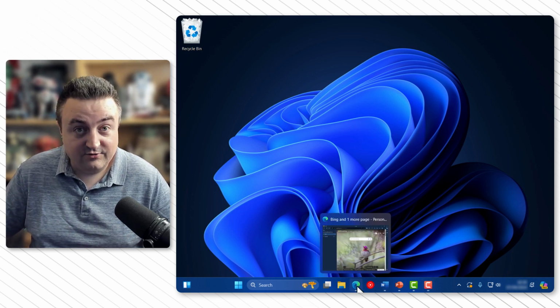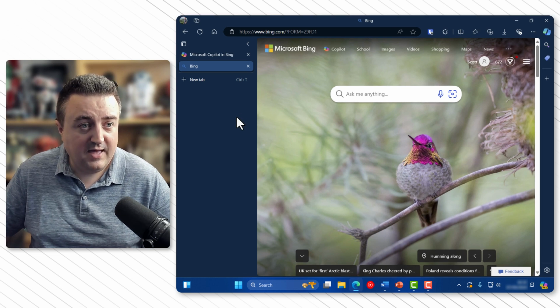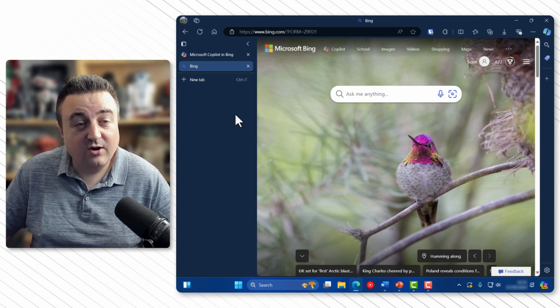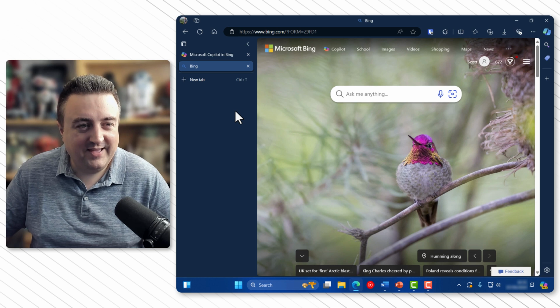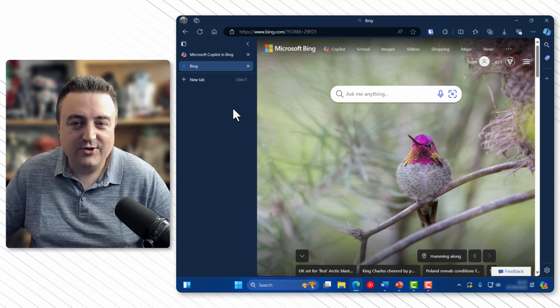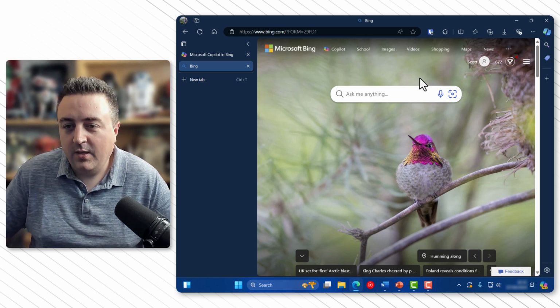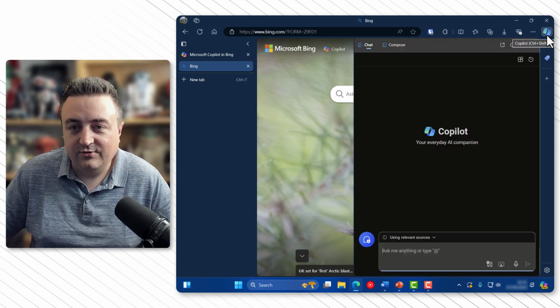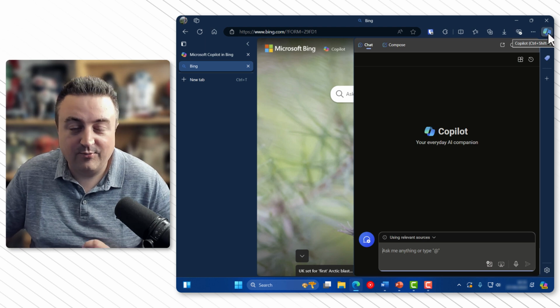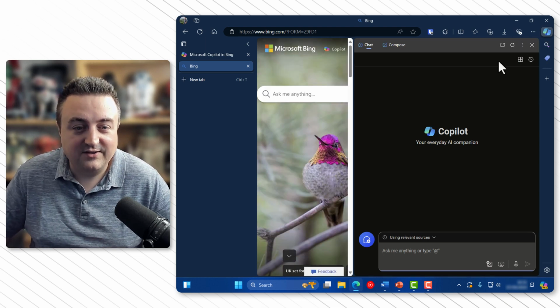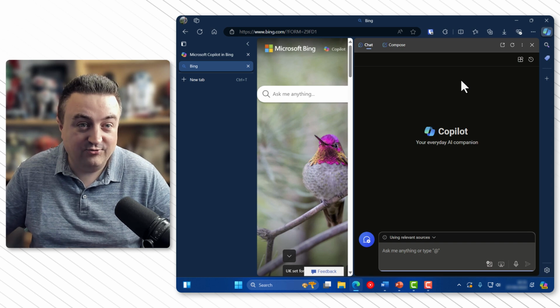I'm going to use Microsoft Edge. I think Edge is a really great browser. I'll talk about it more another day. There could be a lot of discussion about browsers, but it has fantastic accessibility tools. So we basically want to use Copilot, which is up in the top right corner. We're going to go ahead and click that, and Copilot is ready to go.